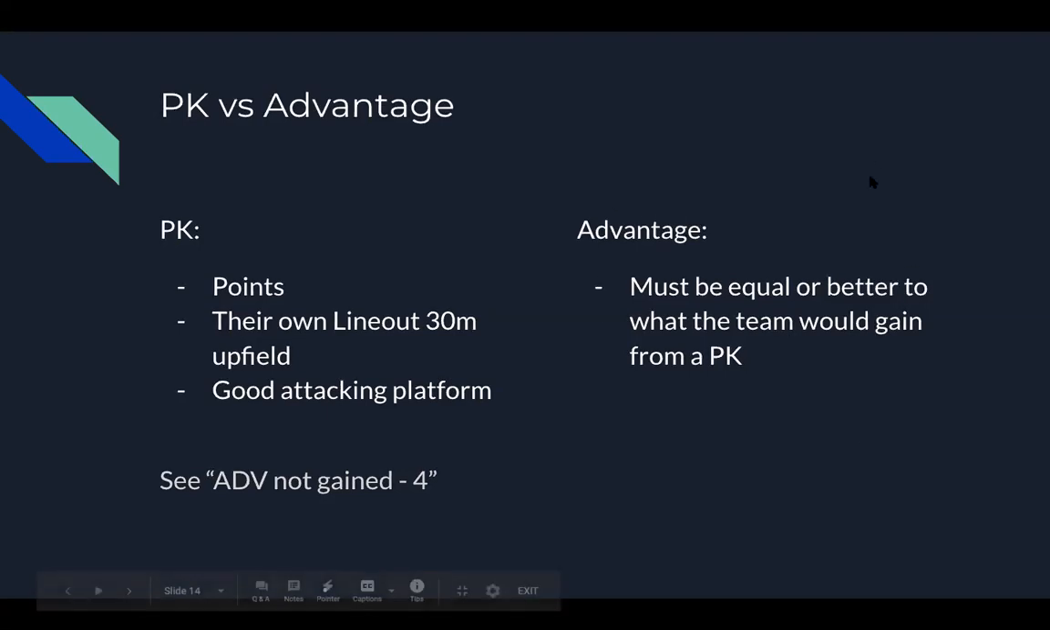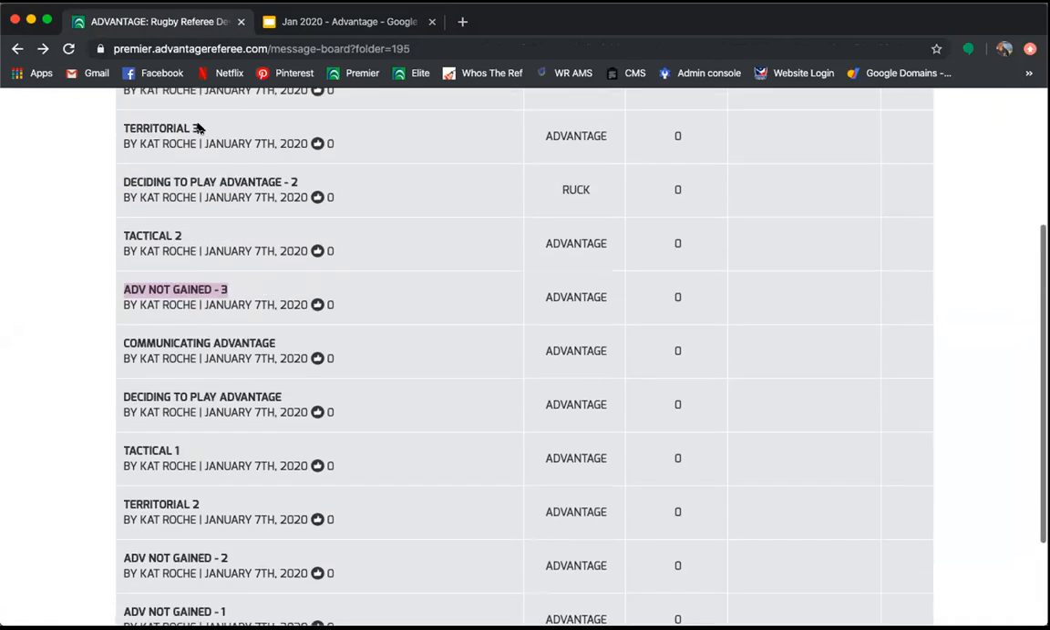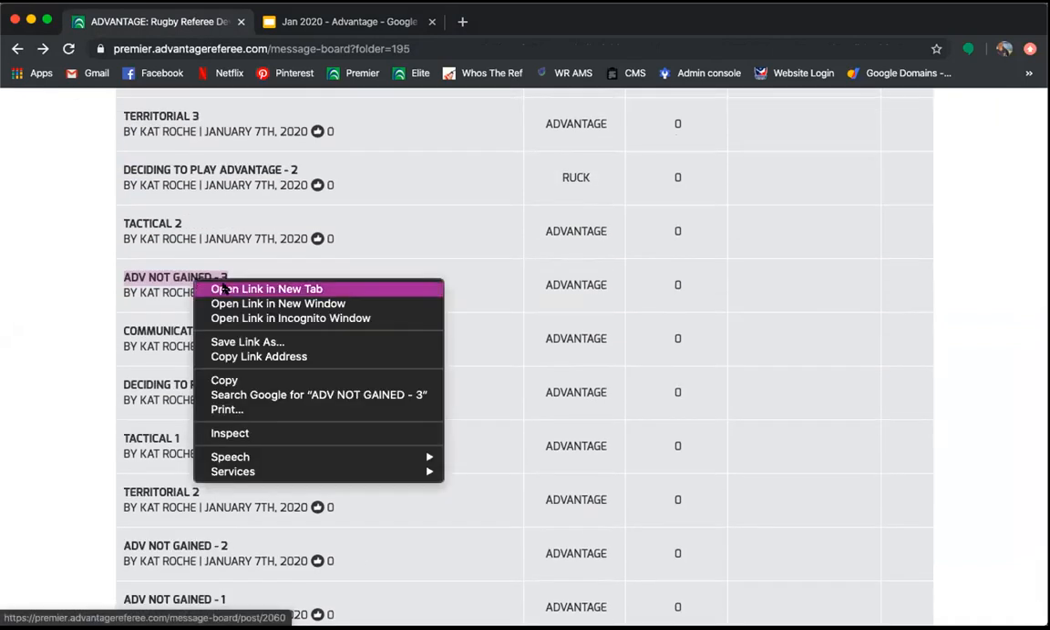And teams all have attacking strategies, how to score points off of 5 meter scrums and line outs. So when you're playing advantage, your idea is that something equal or better to what the team would gain from a penalty kick is coming. So if we go back to this clip,